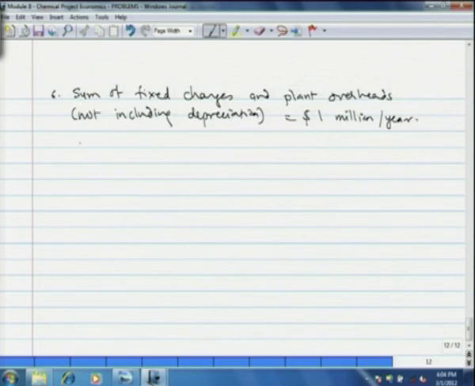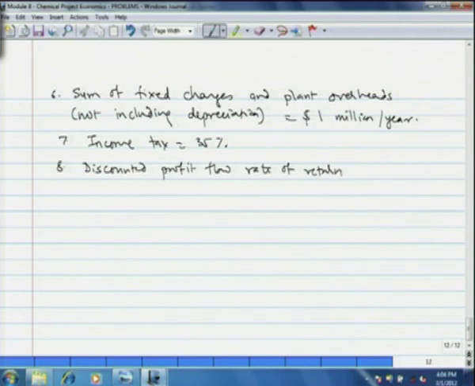And income tax at 35%, and the discounted profit flow rate of return, or what we also called the hurdle rate of return,